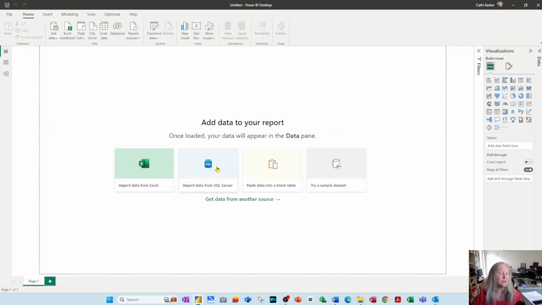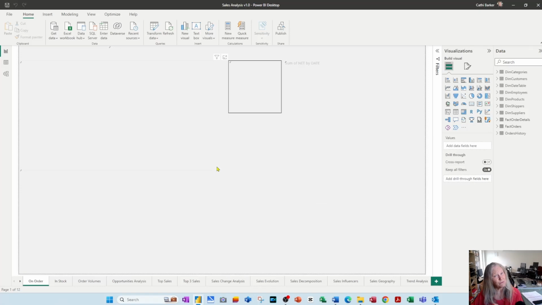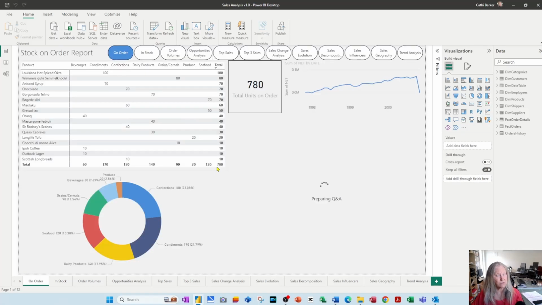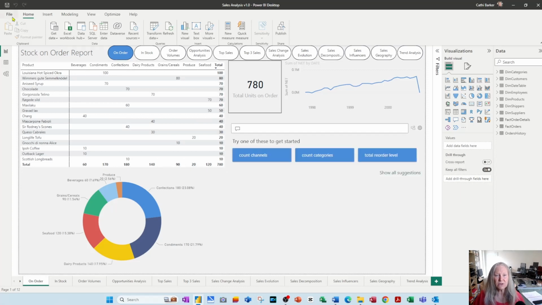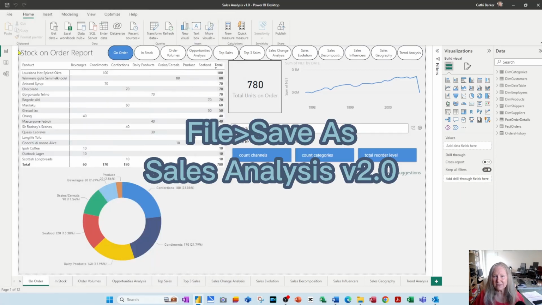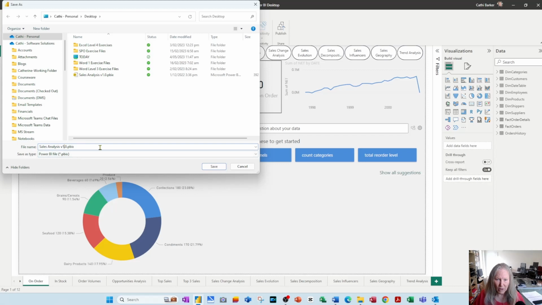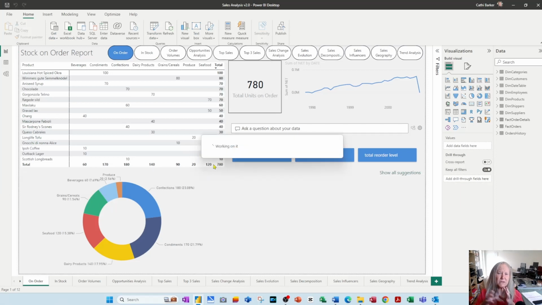Now this is the version 1 file that we did in the first Reports and Visualizations course. I'm now going to save it as Sales Analysis version 2. So I'm going to go to File, Save As, and I'm simply going to replace the 1 in its name with 2 and save it on my desktop again. And I'll just save it. So I've opened up the Power BI file, I've saved it as version 2 because I want to make some